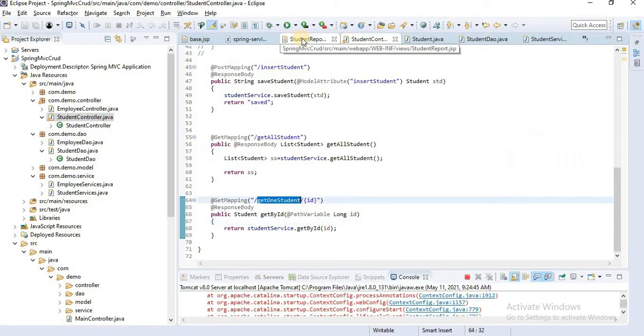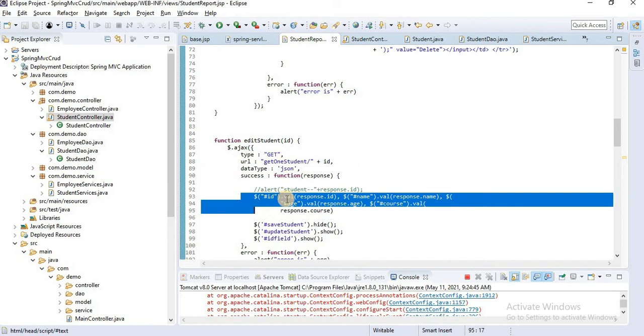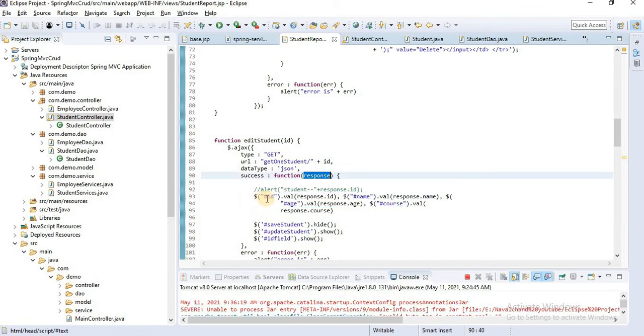From the student report, here we call get one student and pass that particular ID, and here we append the ID value. We append the response values: response.id, name value response.name, then age response.age, course, all these values we appended.